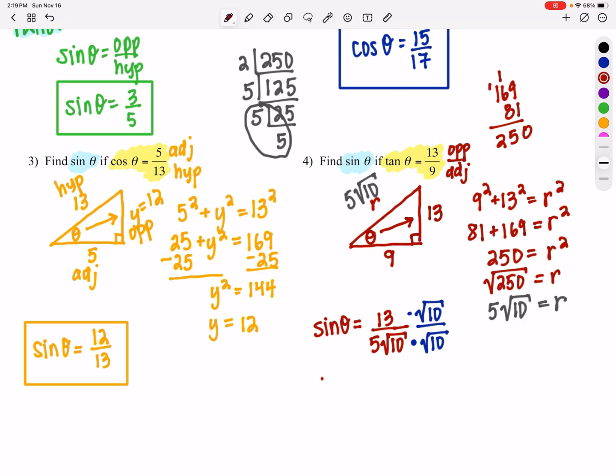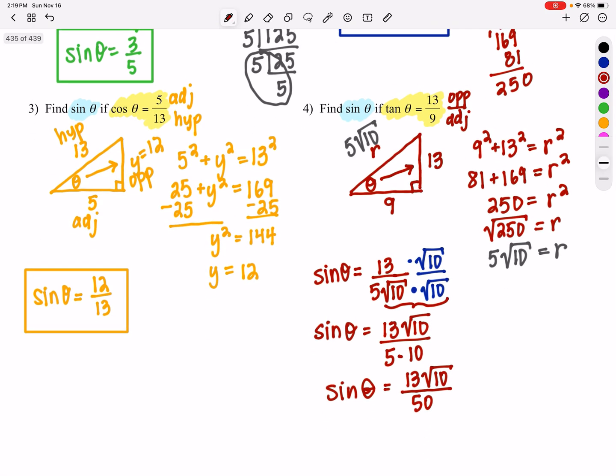And it is going to look like 13 times the square root of 10 in the numerator, and then 5 times the square root of 10 times the square root of 10 is just 10. And 5 times 10 is 50, so the sine of theta is equal to 13 times the square root of 10 over 50. Now, before I box this answer,